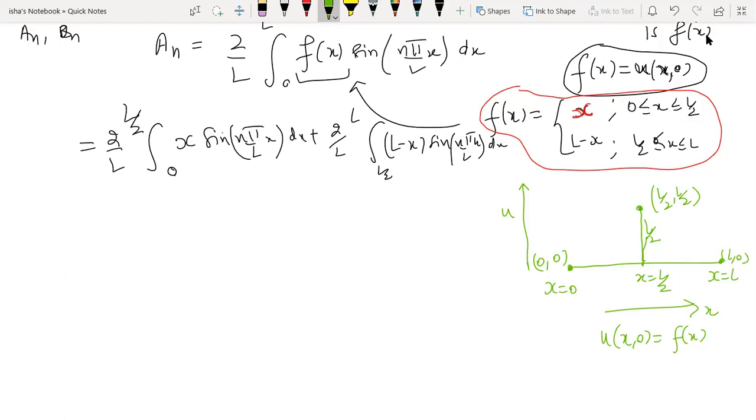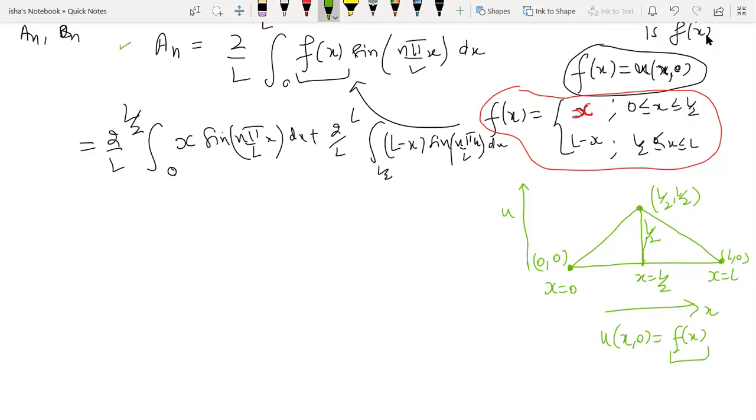So now you just need to imagine this thing, right? Imagine you have a string, you just pick it up from the center, so it will take this shape. It's tightly fastened between the two ends. It's not a loose string, otherwise you won't be able to create the waves. Only then if you give a displacement, then it is going to create the waves. It's not a sagging kind of string between two endpoints. It's tightly fastened between them, so it will create this kind of profile. So whatever this kind of profile it is creating, that is our function f(x).